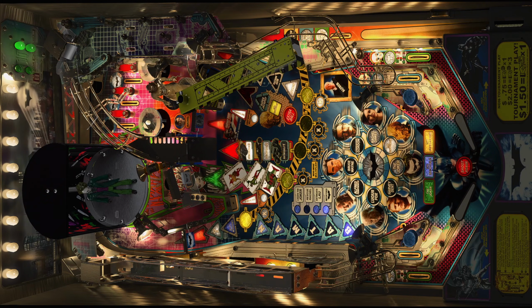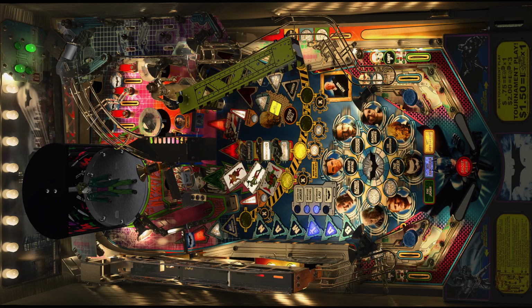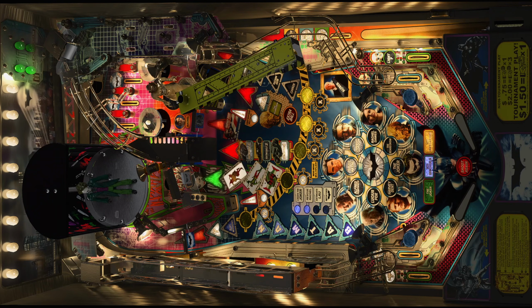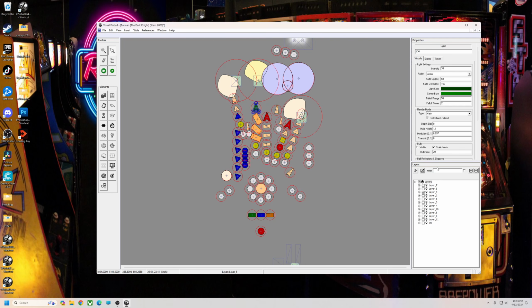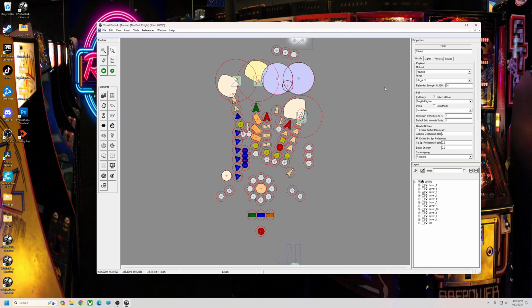So you just make them brighter. I think the lighting already looked good though, but like I said, this is just so you could adjust it for yourself. One other thing I will do is the ball. If you click on the table somewhere where there's not anything, you'll have these options: visual, lights, physical, and sound. If you're under visual,